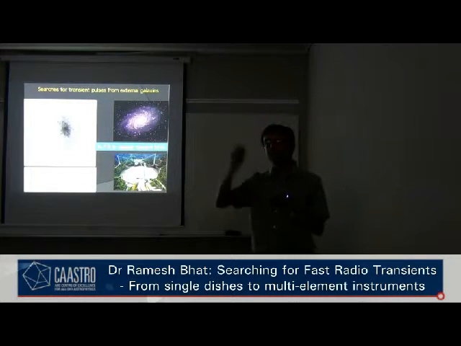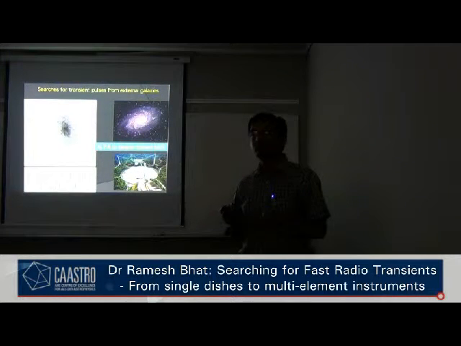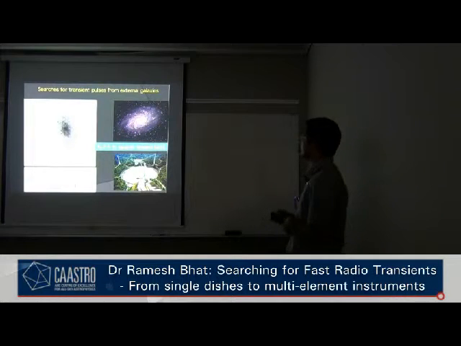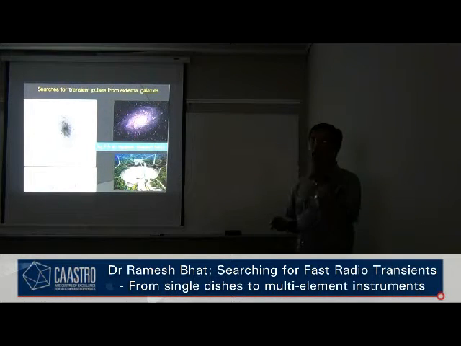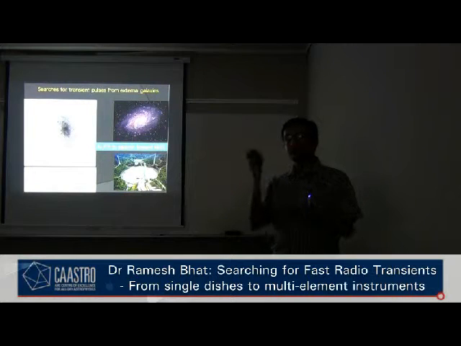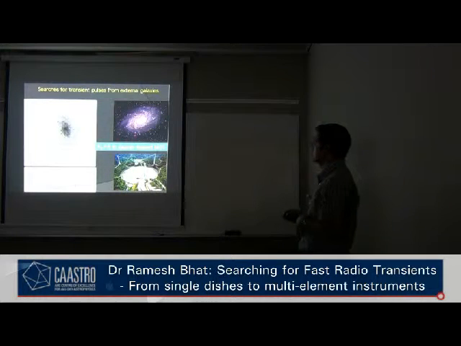Arecibo does reach something like a few microjansky sensitivity in a couple of hours of integration. But even if you take the most luminous pulsars at those distances, they are barely detectable. So you have some chance, but it's not very easy. But if you look for very powerful transients like giant pulses, which can be thousands of Jansky or some tens of kilojansky, then you have some chance of finding such